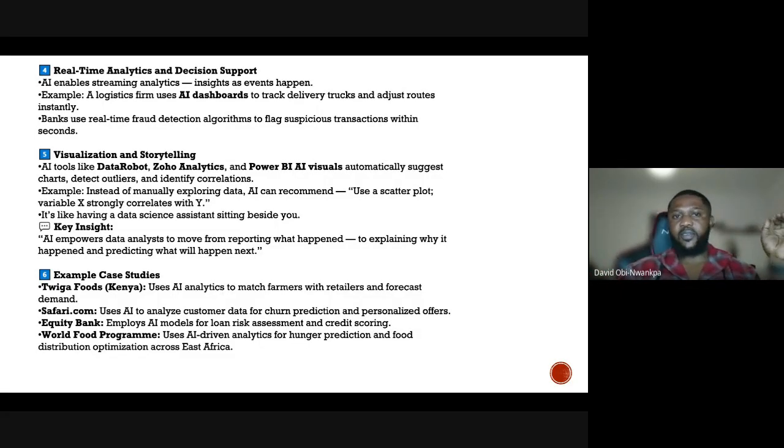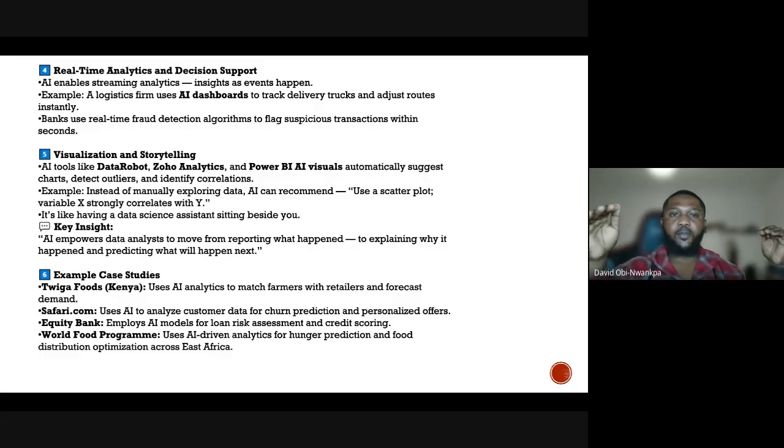Example, a logistics firm uses AI dashboards to track delivery trucks and adjust routes instantly. Banks use real-time fraud detection algorithms to flag suspicious transactions within seconds. I've given examples of this before, of how businesses use real-time analytics to help their businesses, because no one wants to lag behind, as we made mention of.